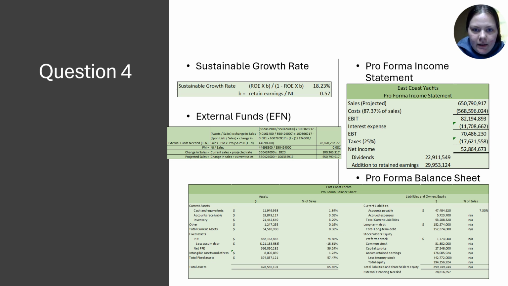Then I calculated the external funds needed for this growth rate, which I first calculated the profit margin, and then the change in sales, and then the projected sales. For the EFN, I got 28,828,282.77. So I used the growth rate and multiplied the current 2020 sales, which was 550,424,000, in which case I got